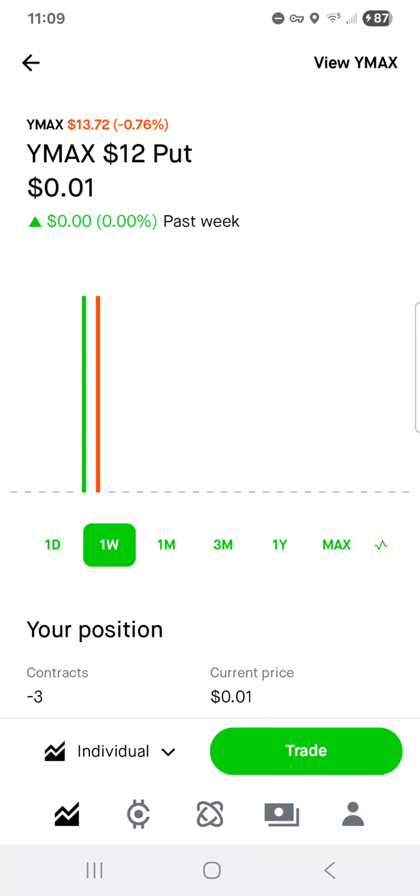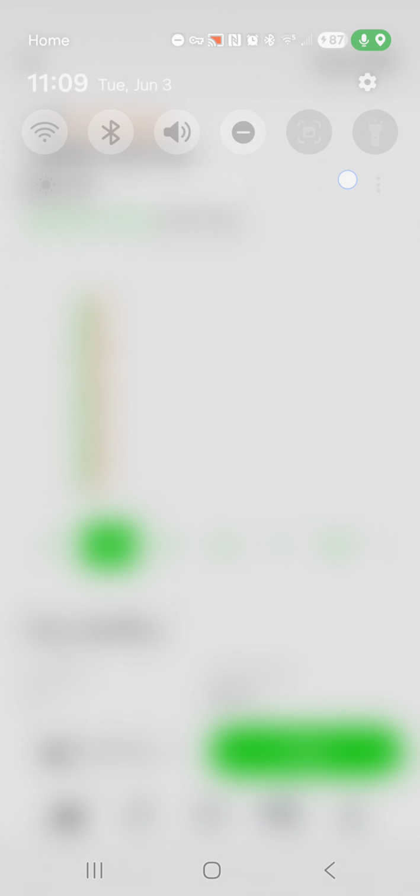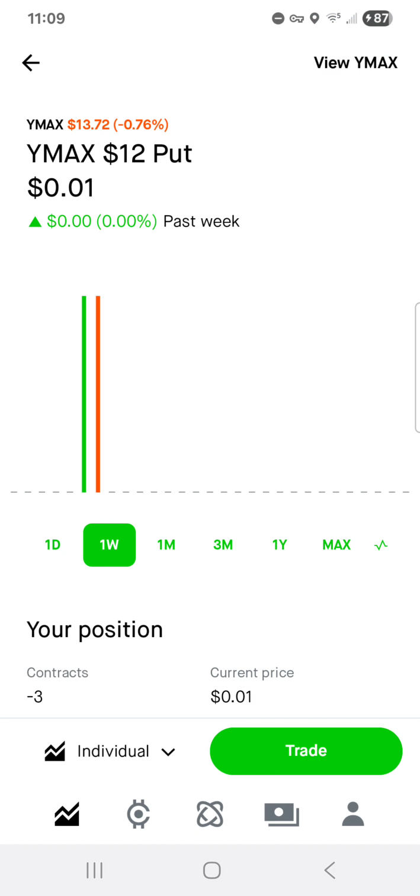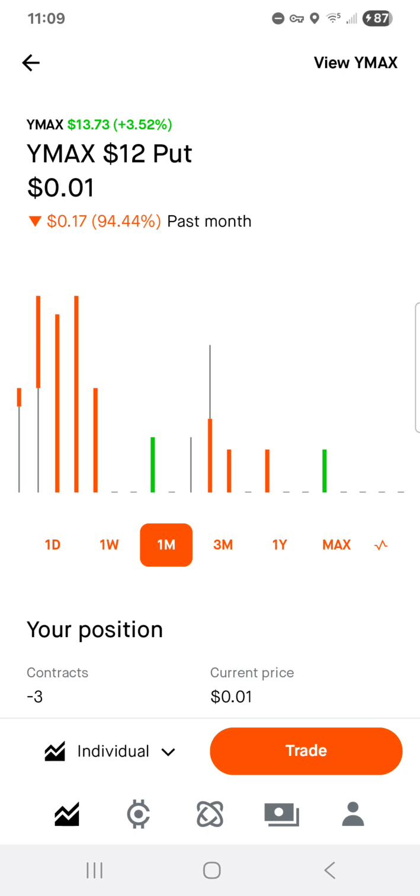This particular put, the $12 put of YMAX, has an expiration of June 20th, and today is June 3rd. So it's expiring in less than a month. And on our chart, we're looking at a bar chart. Let me just widen our timeline here to 1 month. Okay, so